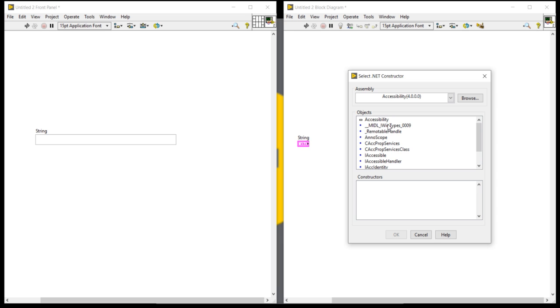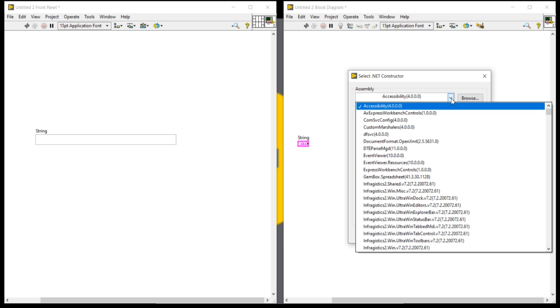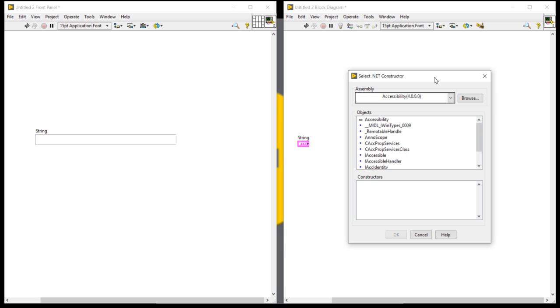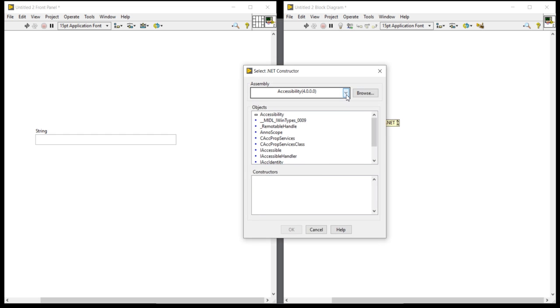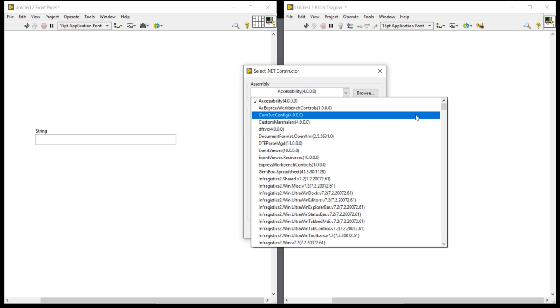So after that, look here. Are you getting this drop down menu? Now click on this menu.